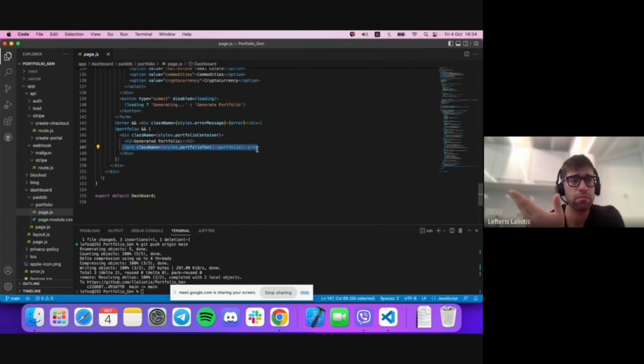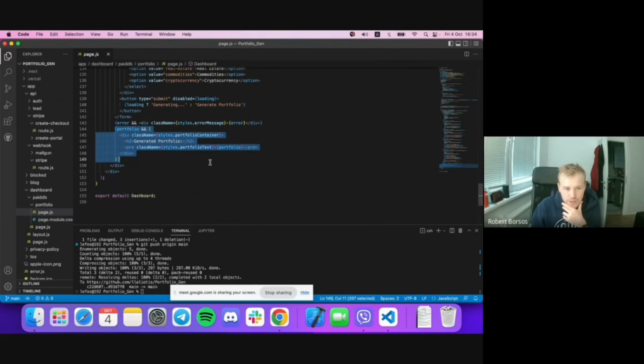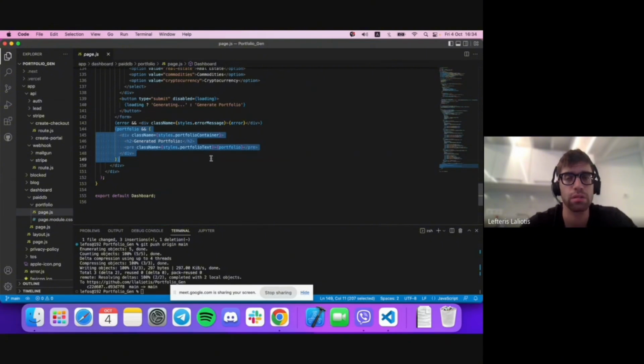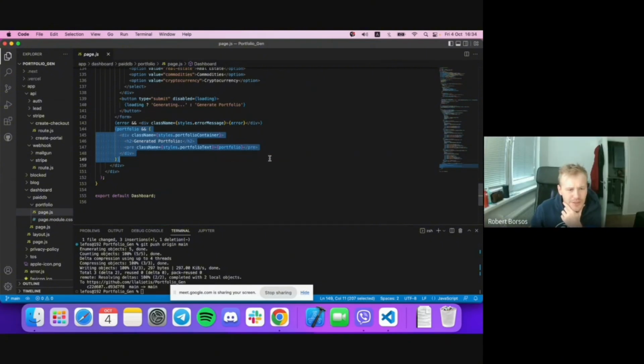That's the part where you get the generated portfolio. So essentially an HTTPS post. Yes. I think that's it.